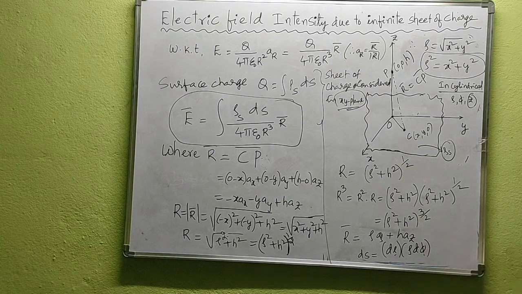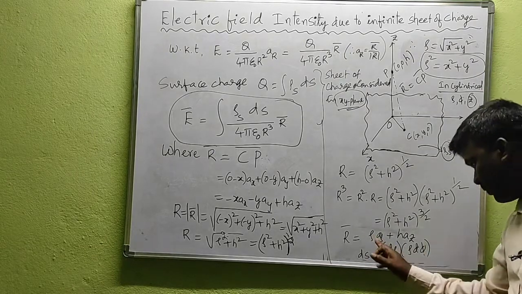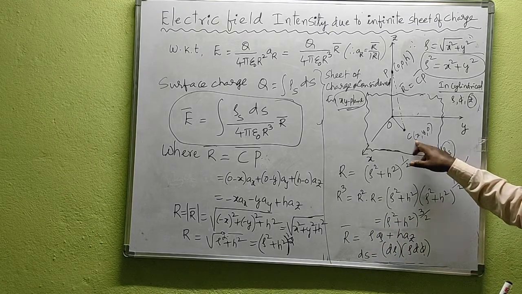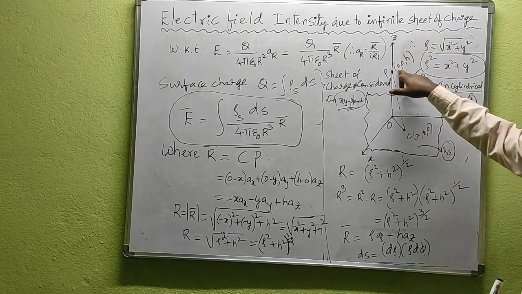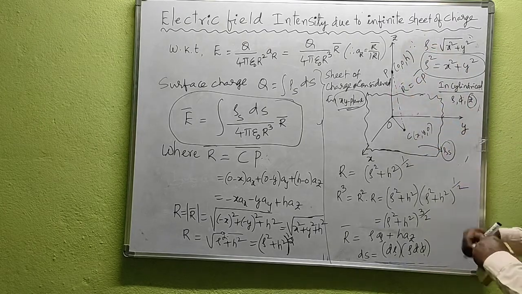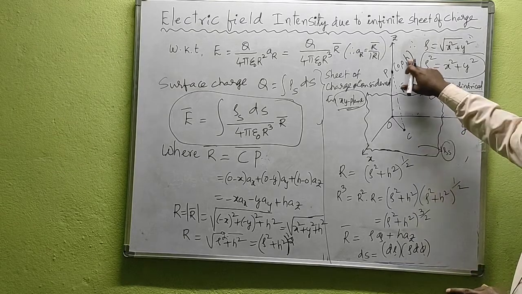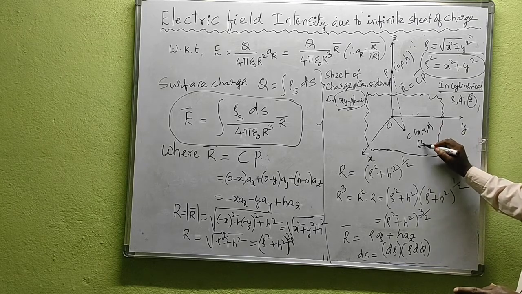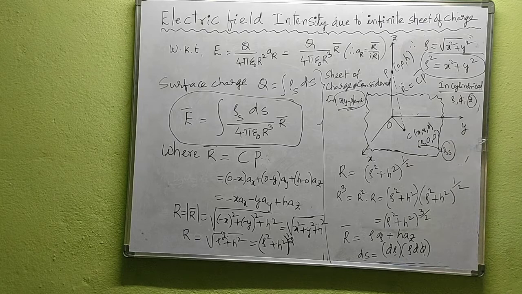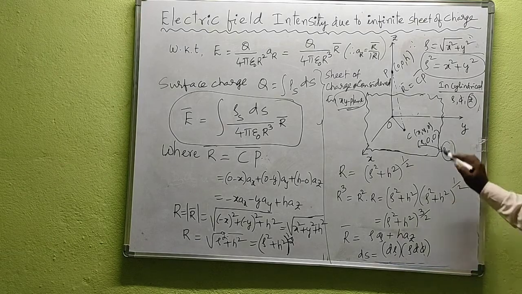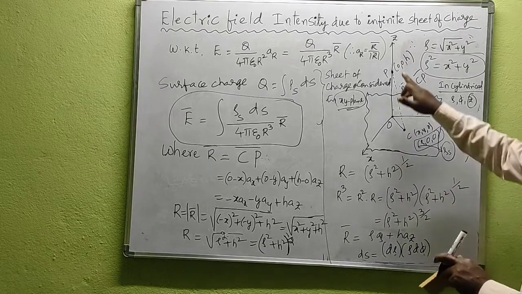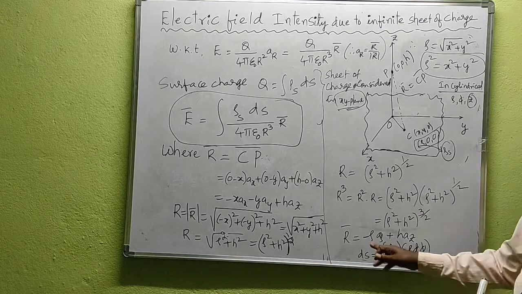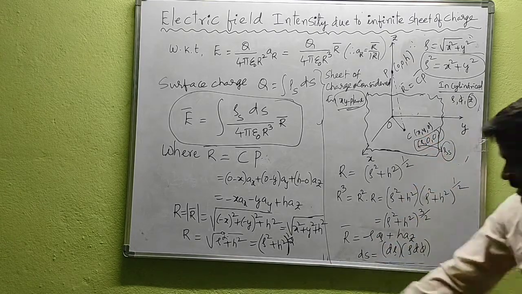But we need to take care about this arrow. Why? Because it is the starting point. We need to subtract the starting point from the terminating point. Here we have the z component, so this point can be taken as x comma y comma 0, or else as rho 0 0. In the textbook we have it like this: 0 minus rho a rho, that is minus rho a rho. Why do we have minus rho a rho? It is the starting point.